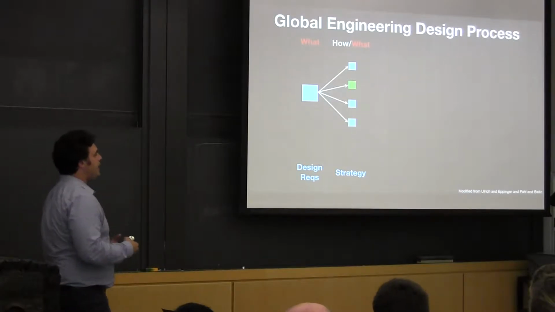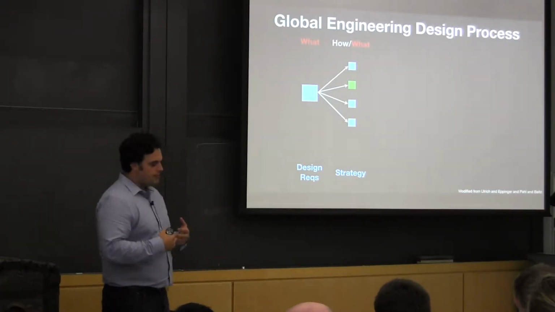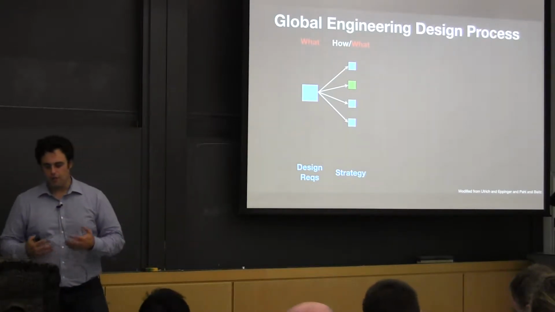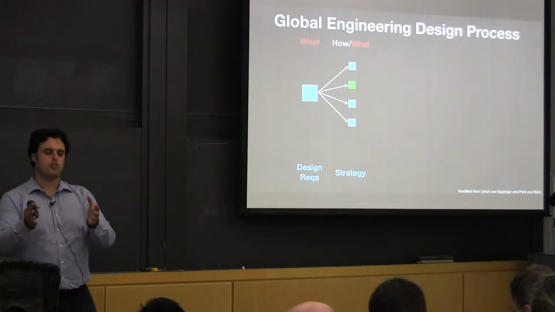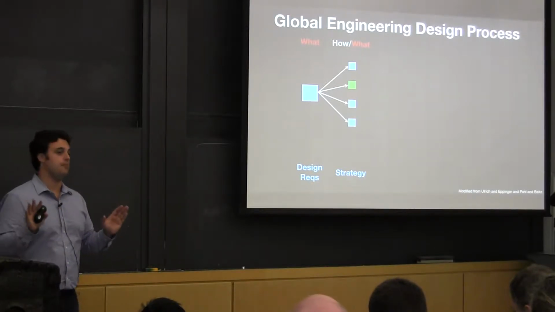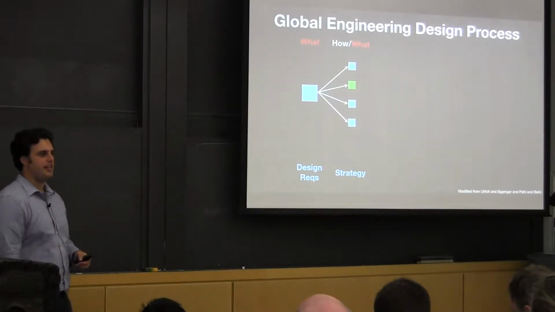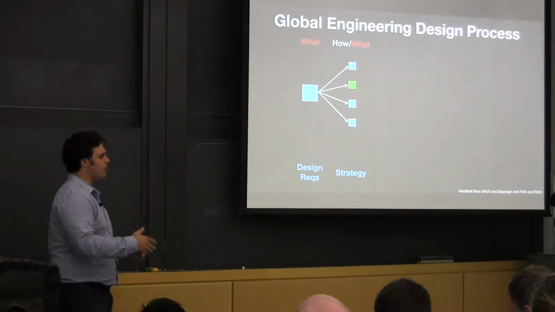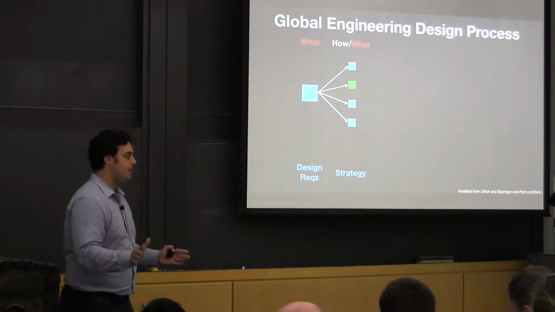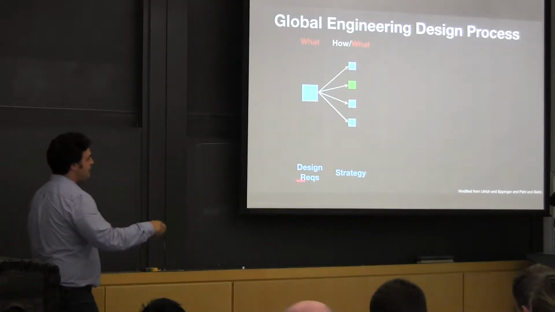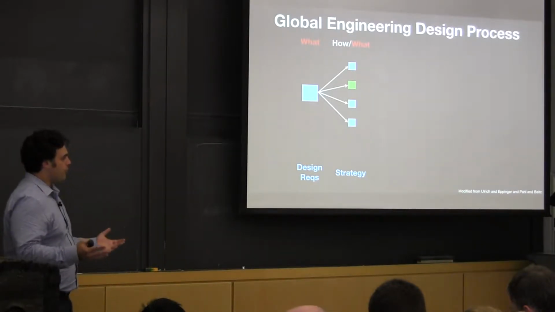Then what we do is we explore a number of different strategies, and when I say strategy, I want you to think of a path towards a solution that is independent of an embodiment. And we talked about this last time. The example I gave was a farmer will say, oh, I need grid electricity to pump water to my fields. Well, that might not be true. The requirement is he needs to pump water to the fields. The strategy could be a variety of methods.